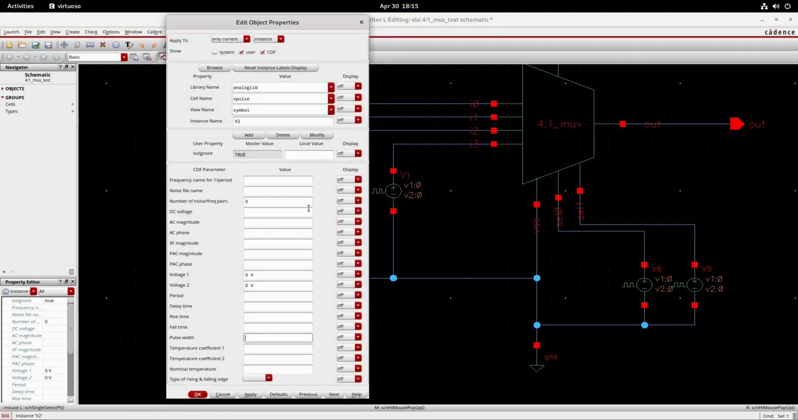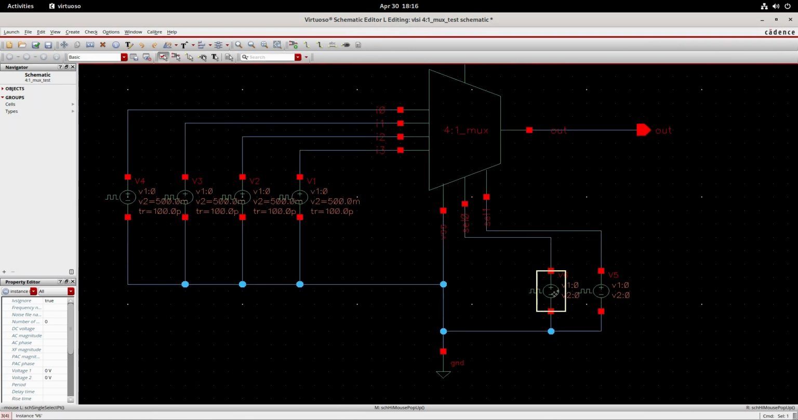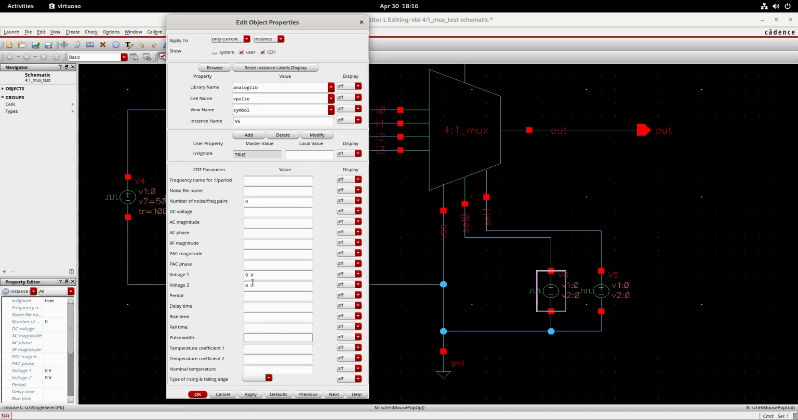Here, 0.5. Period of 30 nanoseconds. Rise time 0.1 nano. Fall time 0.1 nano. Width of 15 nanoseconds. Then 0.5. Period of 40 nanoseconds. Rise time 0.1 nano and fall time 0.1 nanosecond. Width of 20 nanoseconds. Now we need to give the select line inputs, and first the input is